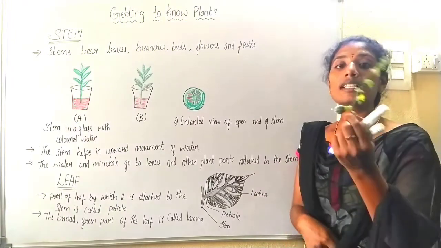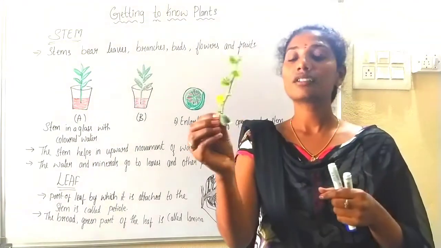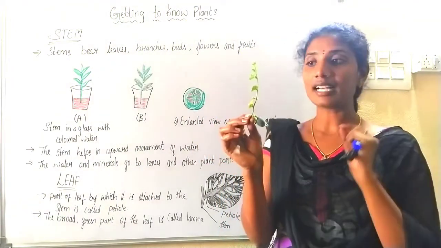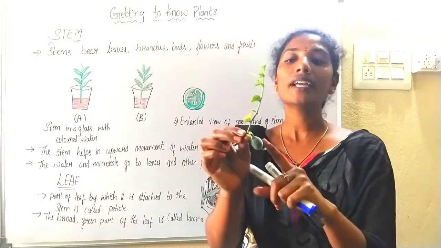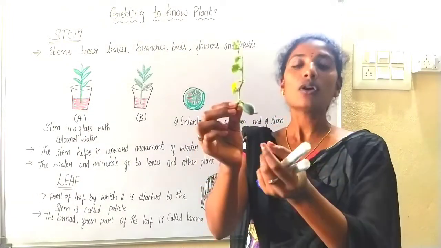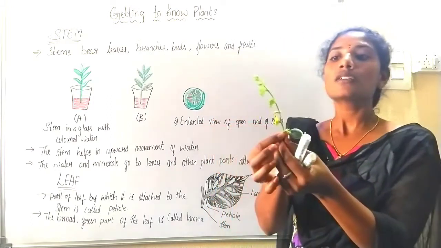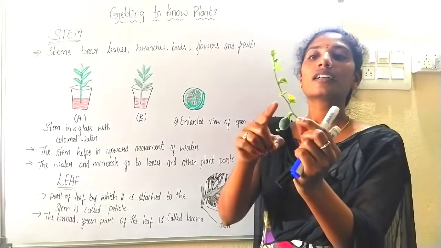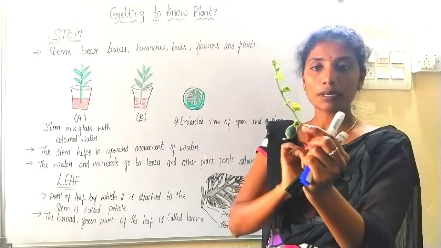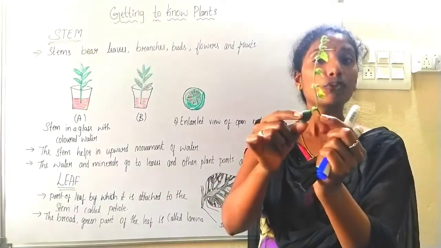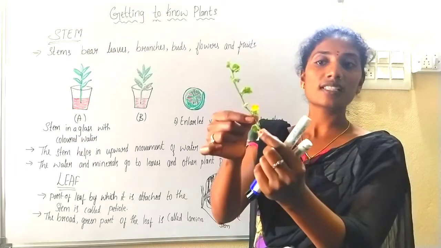Yes. So this is a stem which I have taken to explain this topic, and this is a twig of a cucumber plant. You can see this is a cucumber fruit which is still young. Here you can see a stem of a cucumber plant where a fruit is attached to the stem. So this is a stem, right?